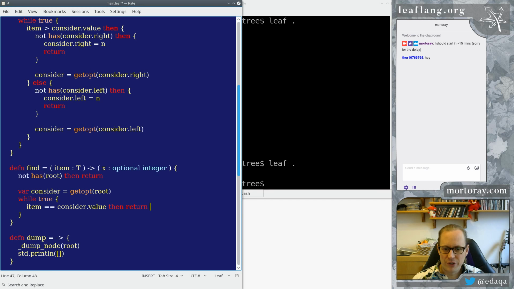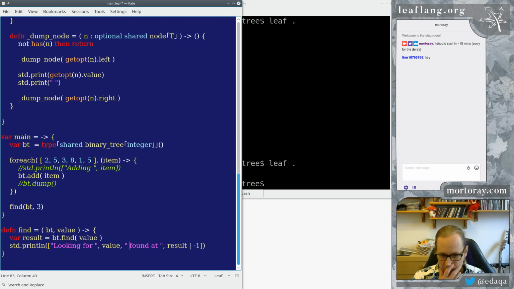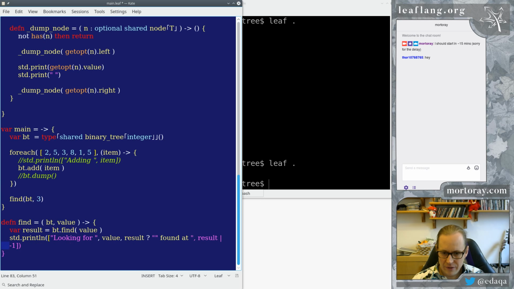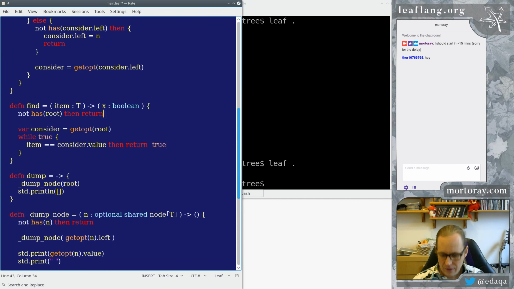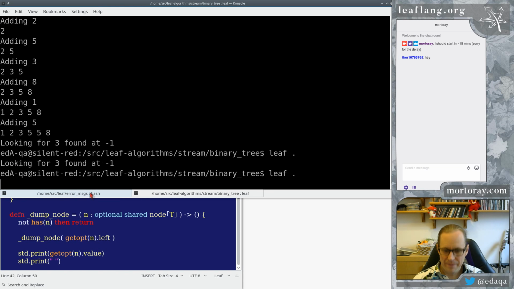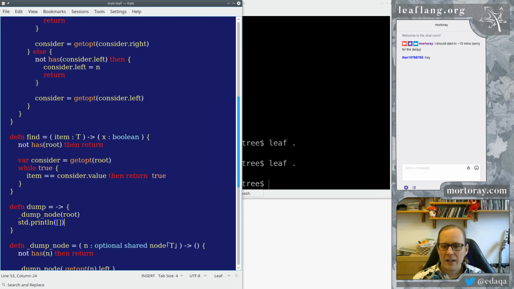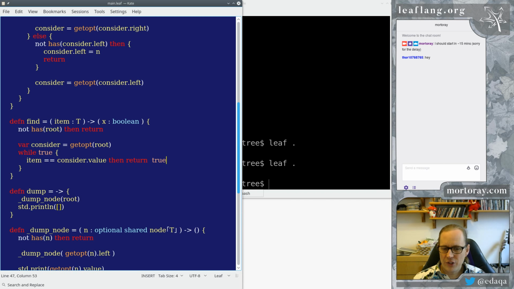Actually, this was really stupid, to return an optional integer. I was thinking of binary search. All we can return is true or false. The default is false, and we return true here. So we might as well say, did we find it or did we not find it? So result, we're going to say yes or no. It's probably going to be an infinite loop now if I do this. Yeah, so I have to finish this. So in this item here, if we found it, it's true, otherwise